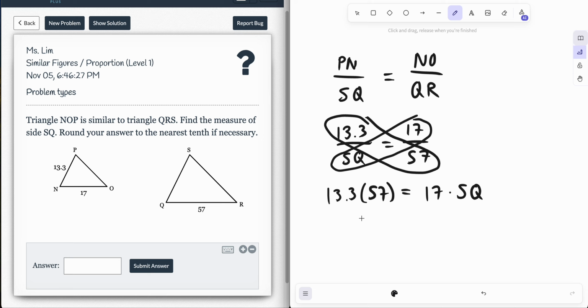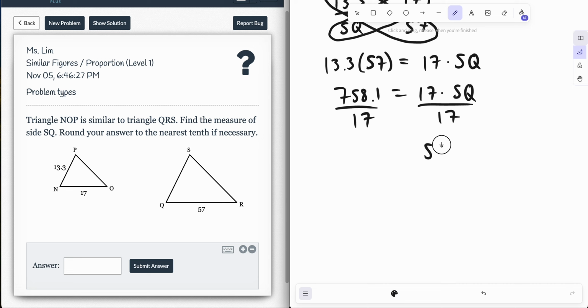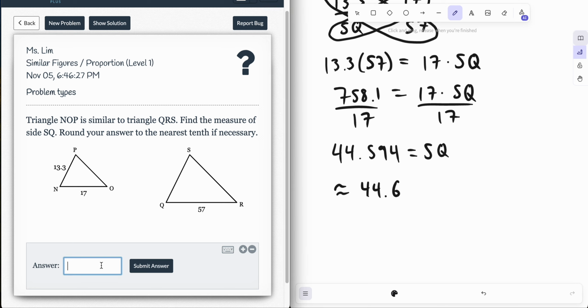Now we just evaluate. 13.3 times 57 is 758.1, and you can use your calculator for this. That is no problem. And then finally, we divide both sides by 17 in order to solve for SQ. So SQ is equal to 44.594. Now the problem asks us to round our answer to the nearest tenth, and to the tenth that would be about 44.6. So that's the length of our missing side, and that seems to make sense. It's a little smaller than 57, but still larger than the lengths on the small triangle. So let's punch it in,